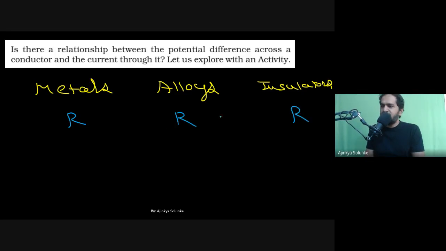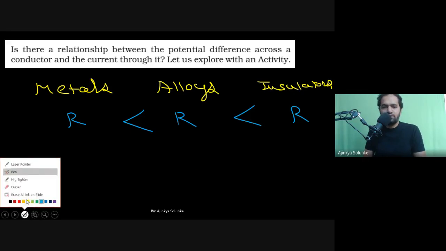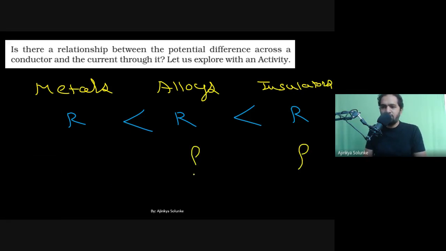The highest resistance will be with whom? Insulators. Highest resistance will be with insulators, not with metals. Metal has low resistance. They allow electricity to flow through them. They do not stop. They allow electricity. So resistance of insulators will be more. What about rho? If I'm talking about rho, resistivity, can I just say the relation will be same, something like this? Because resistivity and resistance is same. Highest resistivity value will be for insulators, lowest value will be for metals, because they are almost same, right?